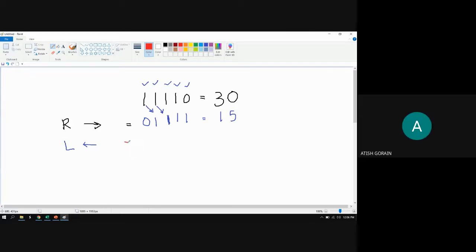One, 0. So 1, 1, 1, 1, 0, 0. In the left position, we should not discard this one, because if we discard this one, then the meaning is lost. So all the data are shifted towards the left, and the initial position is filled up by another 0. Now somebody tell me what is the meaning of that one?